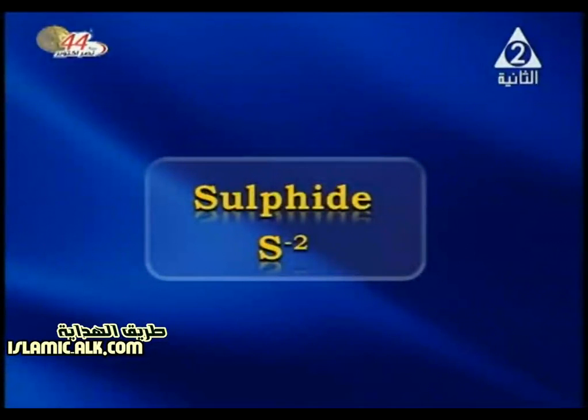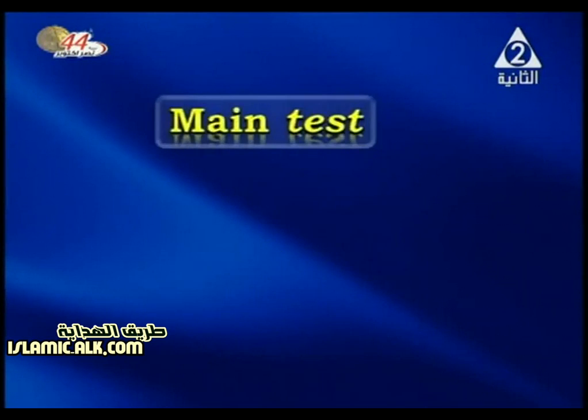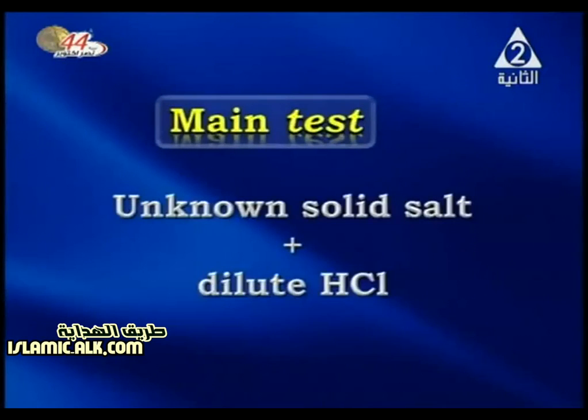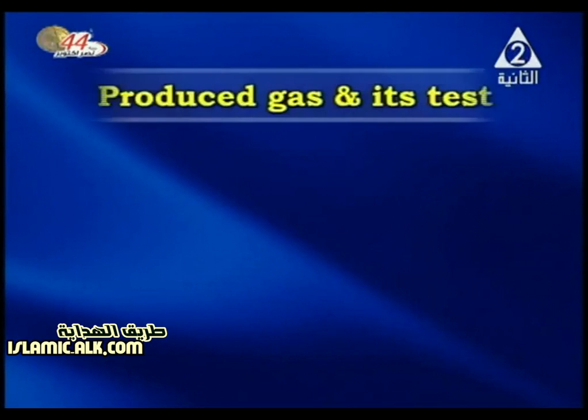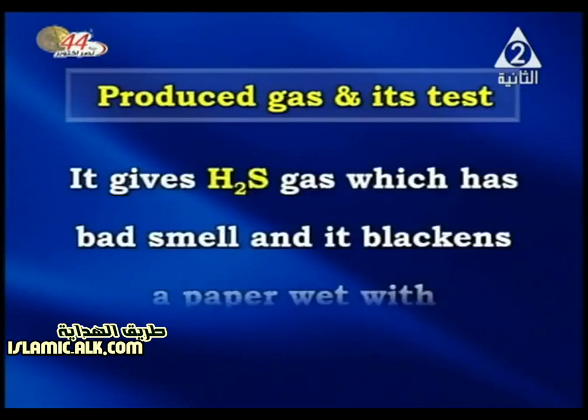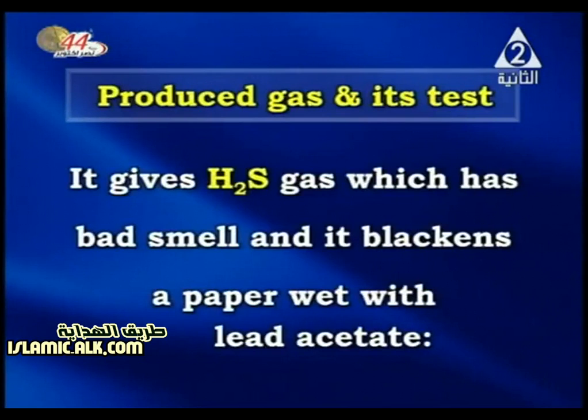Now, my dear students, we are going to discuss the next anion in the group of hydrochloric acid, which is sulfide, that has the symbol shown on the screen as S2-. Now we are also going to discuss the main test, which is the unknown solid salt plus dilute hydrochloric acid. Here, the produced gas is hydrogen sulfide gas, which has a bad smell, and it blackens a paper wet with